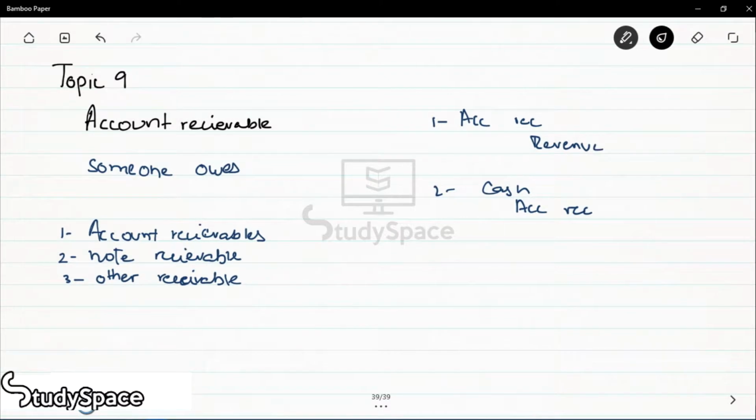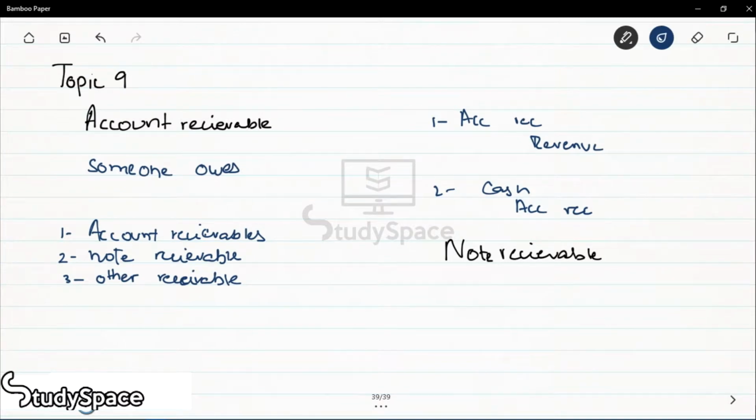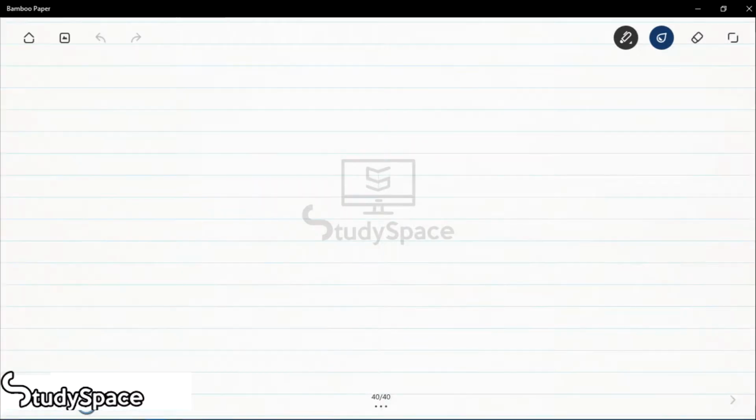Now, in the case of a note receivable, the entry becomes a little different. Say we had an account receivable who did not pay us for a year, and therefore we turned it into a note receivable. A note receivable is a more formal contract wherein a certain interest is also charged against the account receivable. So the entry of a note receivable would be that of an interest entry, which would be